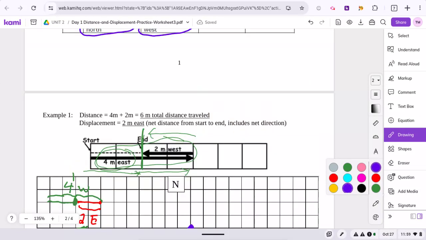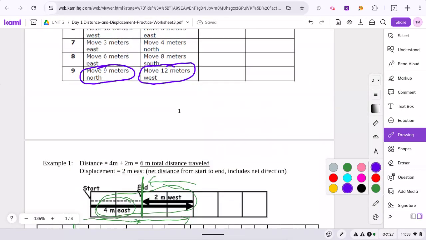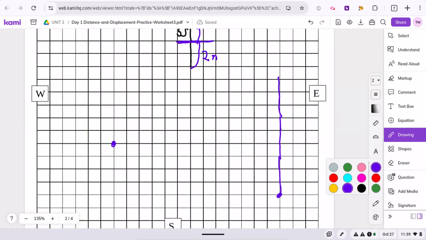And then 12 west. So that was 9 north. Let me now go 12 west. 1, 2, 3, 4, 5, 6, 7, 8, 9, 10, 11, 12. 12 west. So from the starting point here, you would have, if you're going just a straight